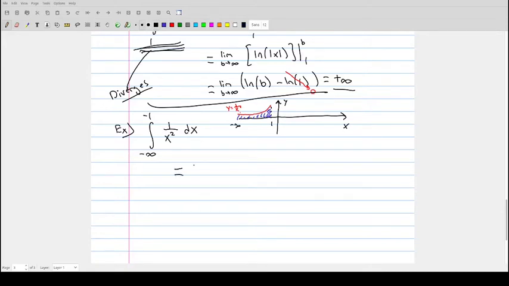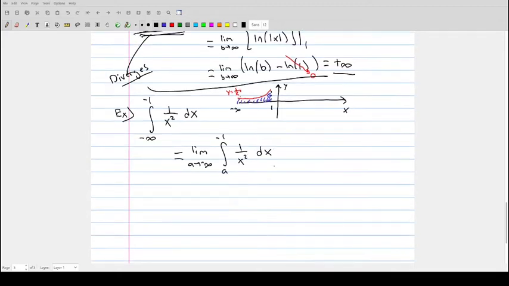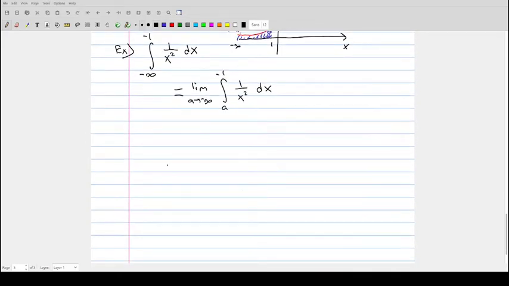This improper integral is going to be the limit as a goes to negative infinity of the integral from a to negative 1 of 1 over x squared dx. This is the same thing as the limit as a goes to negative infinity of the antiderivative of 1 over x squared, which is going to be negative 1 over x, from negative 1 to a,